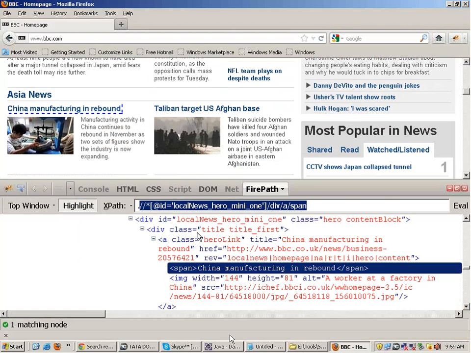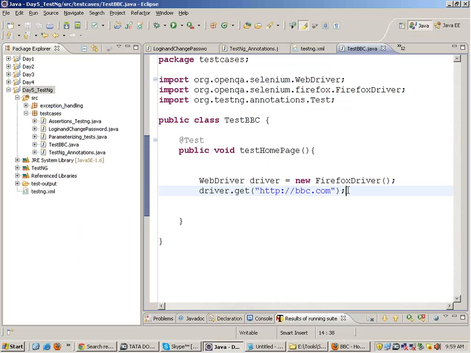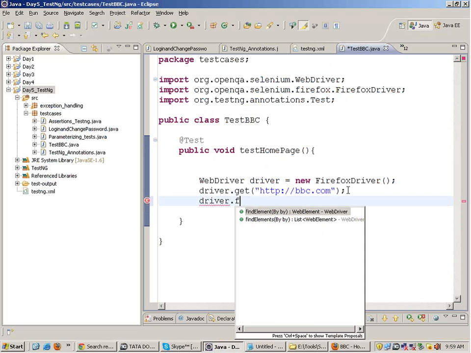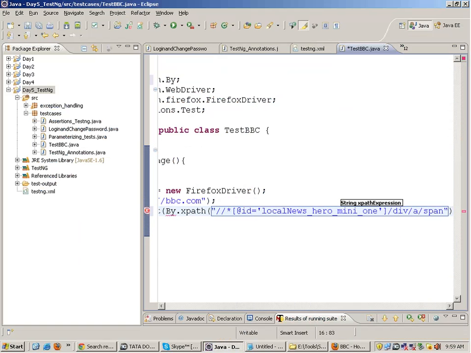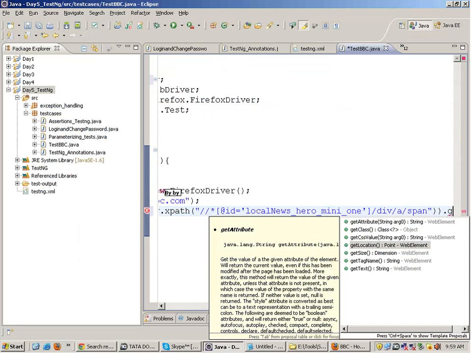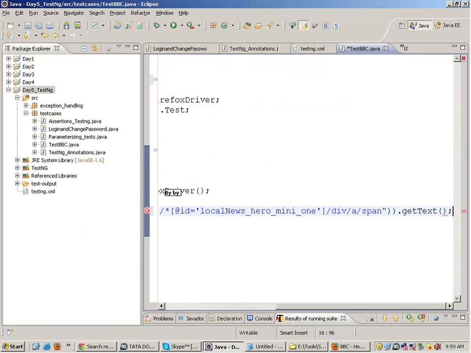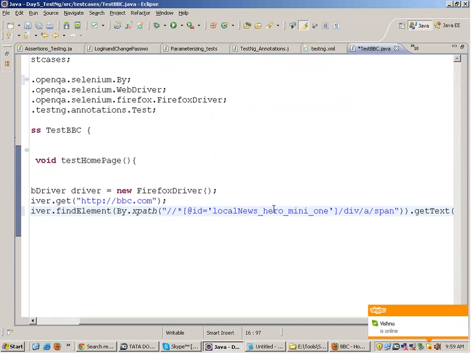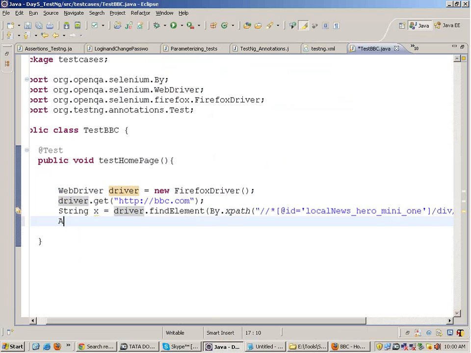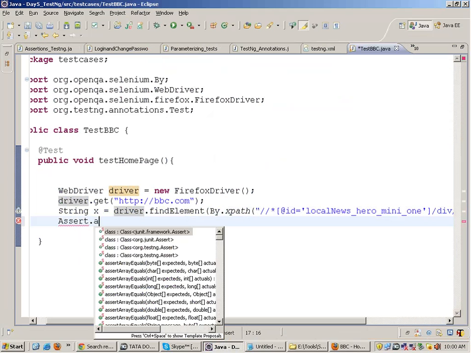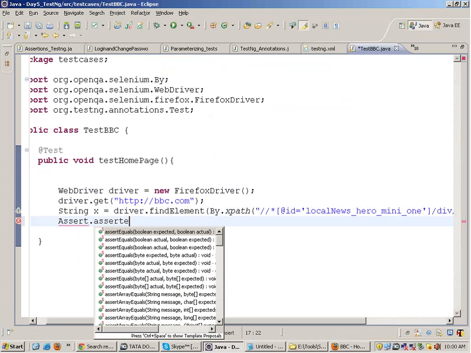So I'll copy the XPath and I'll write over here driver.findElement by the XPath, this is the XPath, dot getText. Fine. Get the text of the link, capture the text in a string, say X. Fine. And then fire an assertion. You can write Assert.assertEquals,